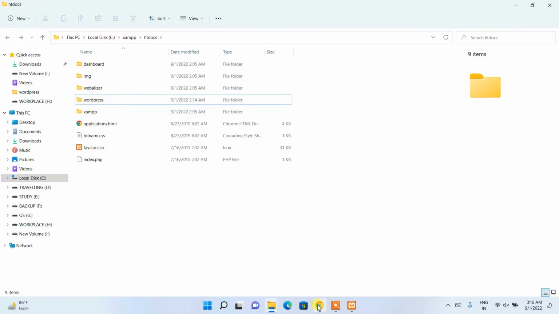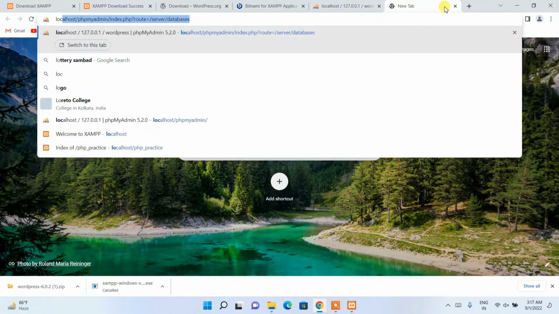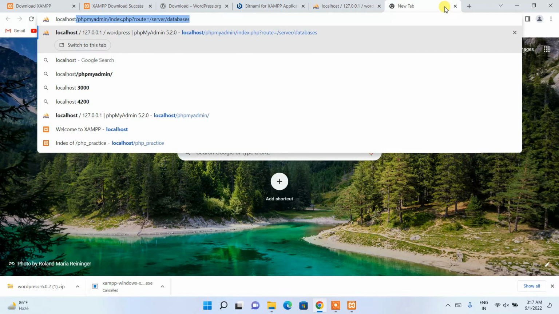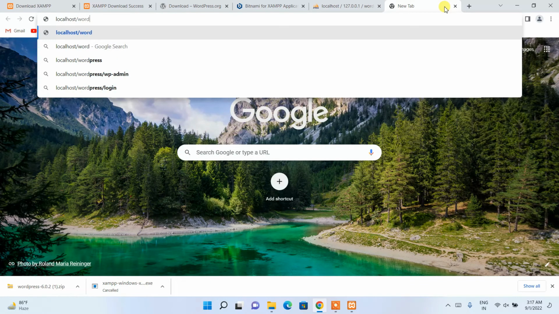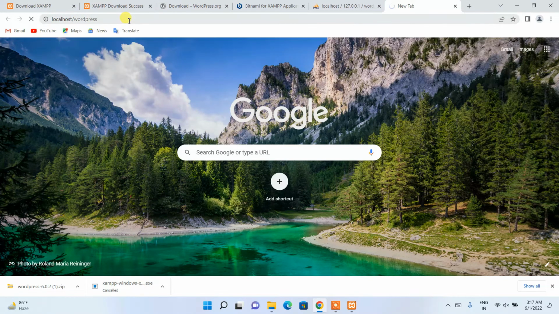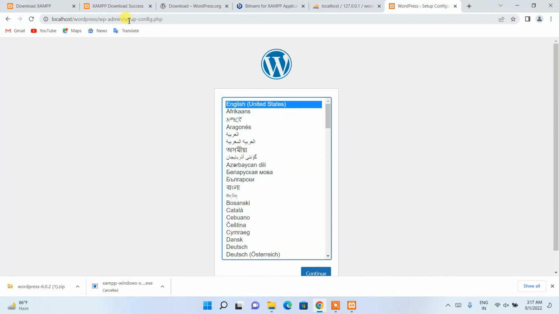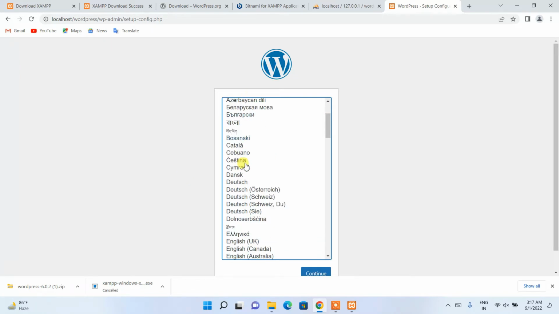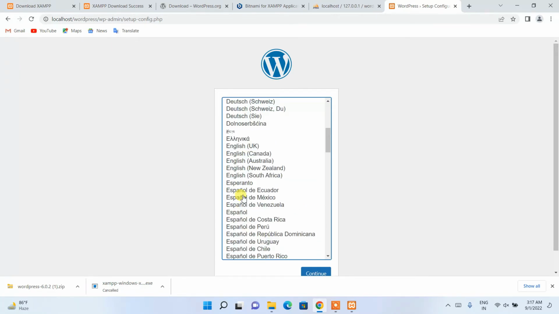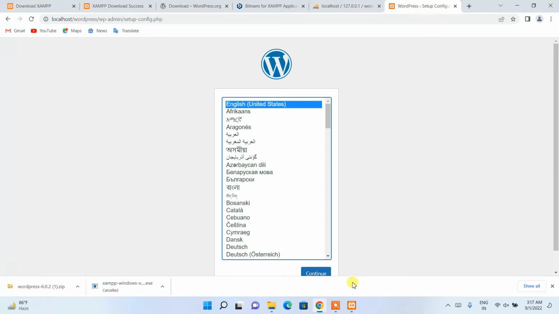Now you need to go back to our browser and just simply open a new tab, and here just simply search with localhost, then slash, and now you need to just type WordPress. Just see localhost/wordpress, then enter, and you will be seeing this type of page rightly opened over here. Okay, so here you need to choose your language as per your wish. Totally, I am choosing English. Okay, and then I'll just simply click on continue,